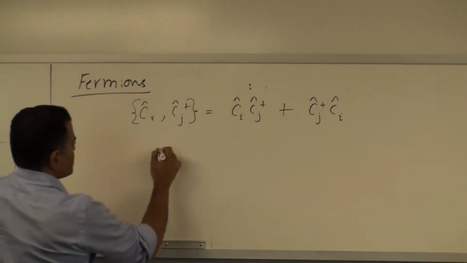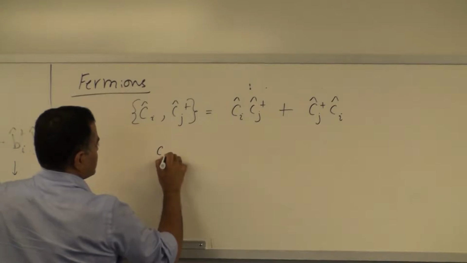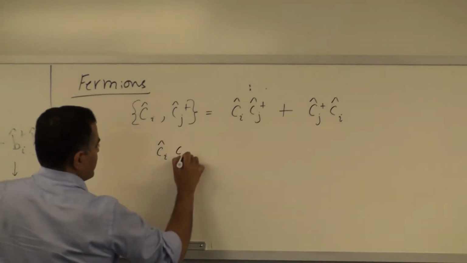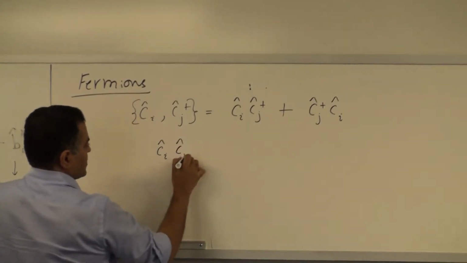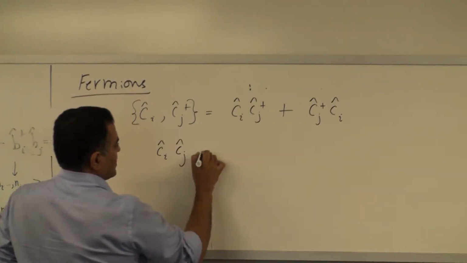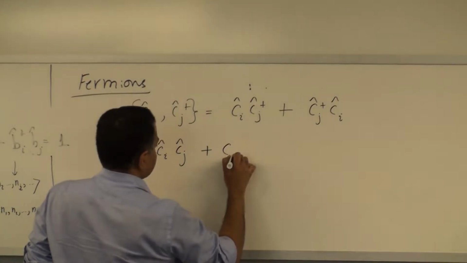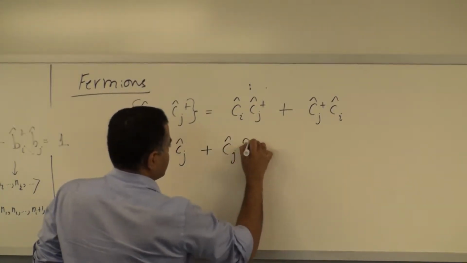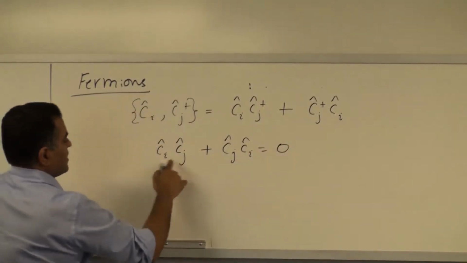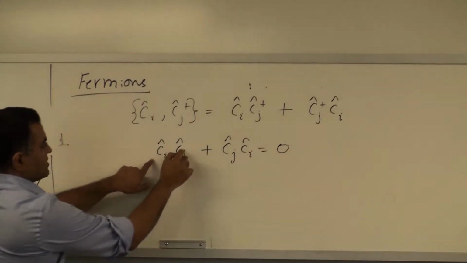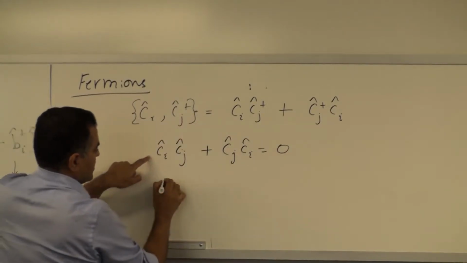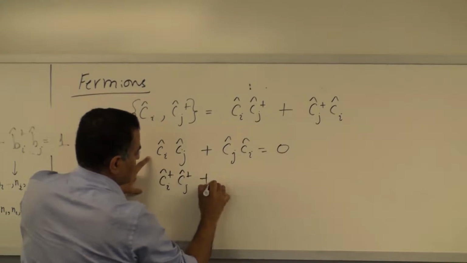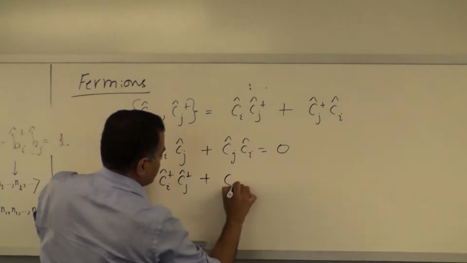Again, if I take C_i and I take the same annihilation operator on two orbitals, now it does matter which one you create or annihilate first. In fact, you get 0 if I take just the annihilation operators. Here it's a mixture of annihilation and creation. If I take C_i dagger, C_j dagger, again the plus sign here.